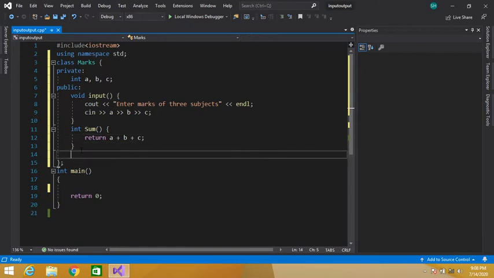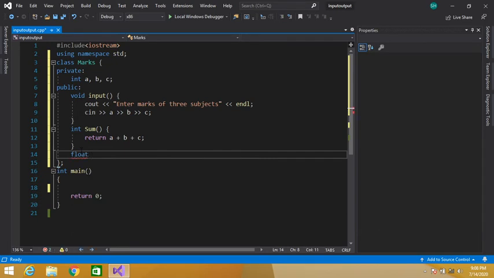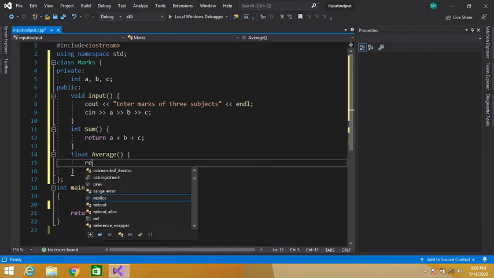And our third public function is to calculate the average. This function will return the average. The return type of this function will be float average, and it will calculate the average. So it will return average.